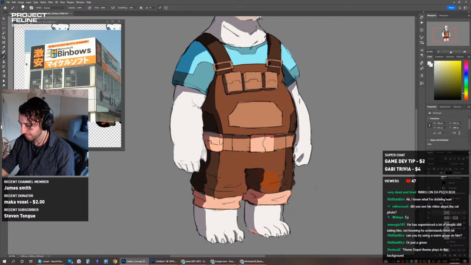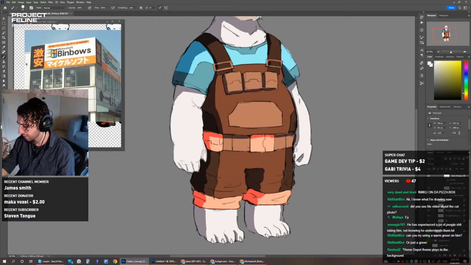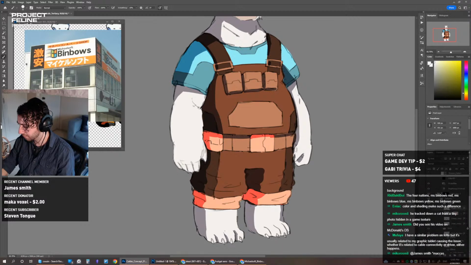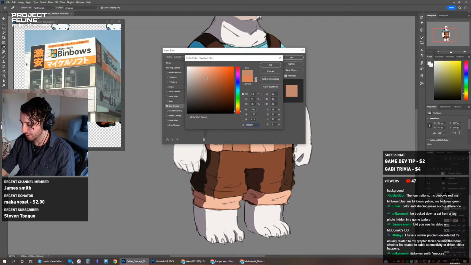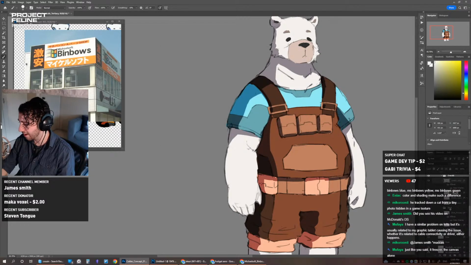Oh, okay, it is this one. Oh, I thought it was that one. But yeah, I need to bring the saturation up. There we go. Okay, that's better. That orange is now too dull because I had the layers on wrong.